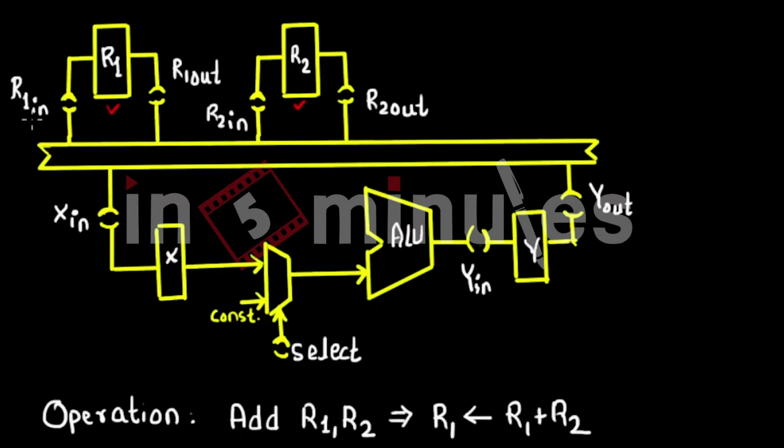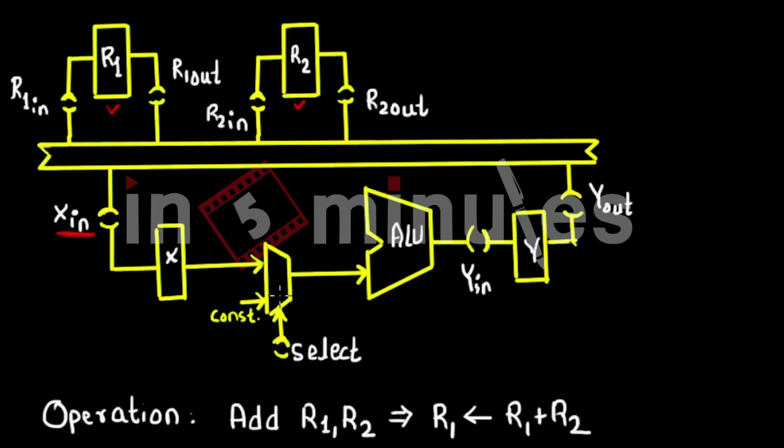Now we know about the R1 in and R1 out control signals from the register transfer micro operation. That is, these control signals basically connect the register to the CPU bus. Now let's look at the ALU part here. First of all, there is the X register, which is temporarily storing the operand for the ALU. Here is the one-way switch connected to the X register. So whenever we want to store some operand for the ALU operation, we store it in X using the X in signal.